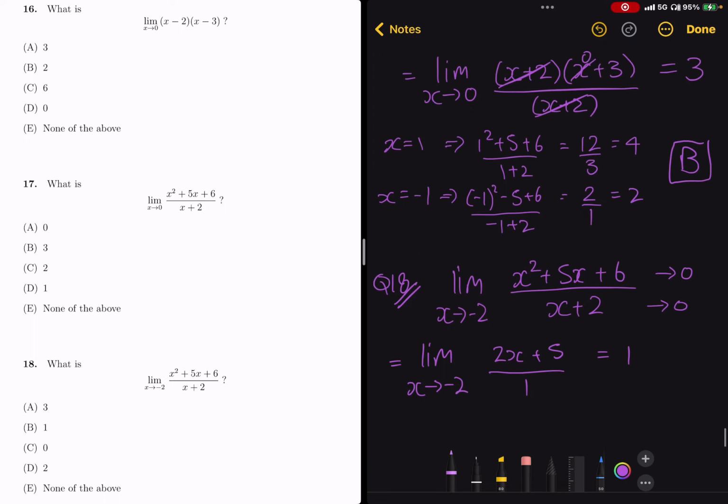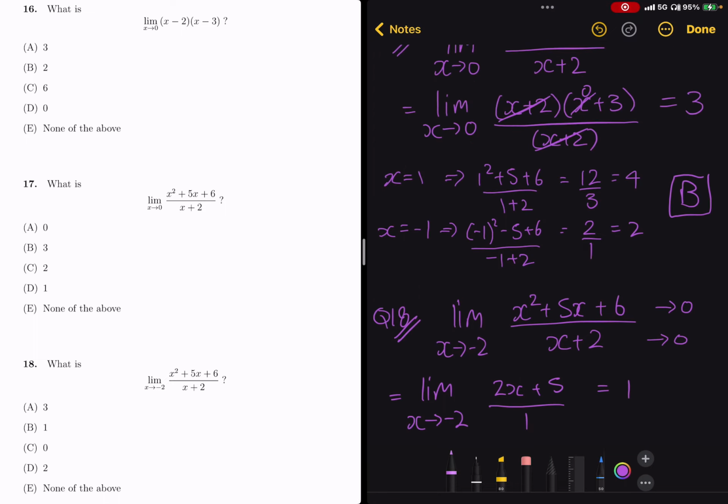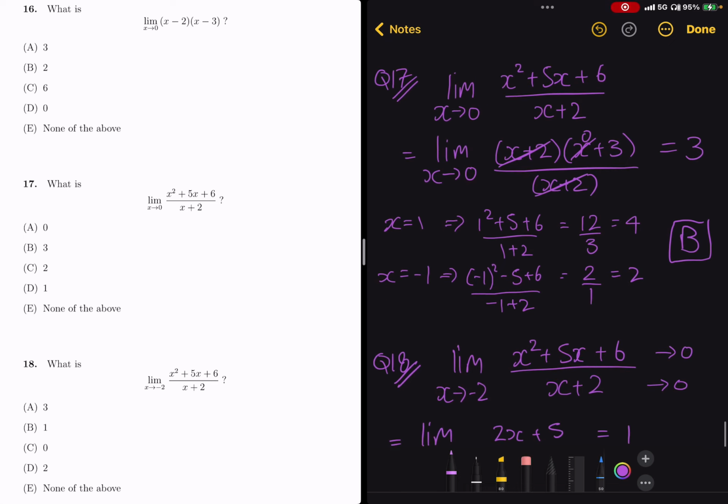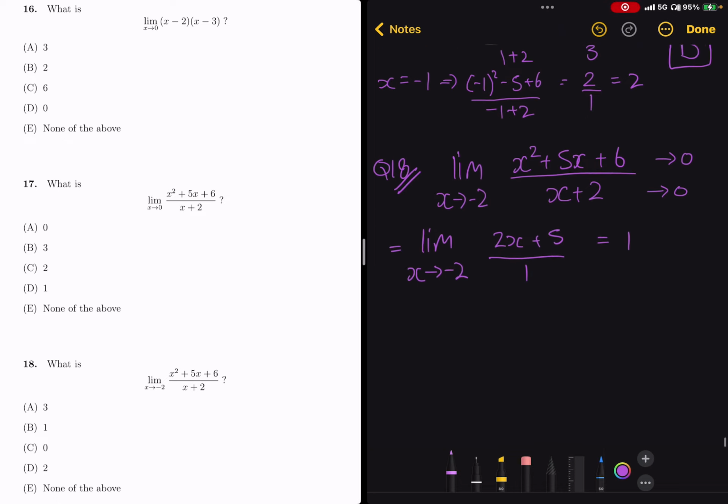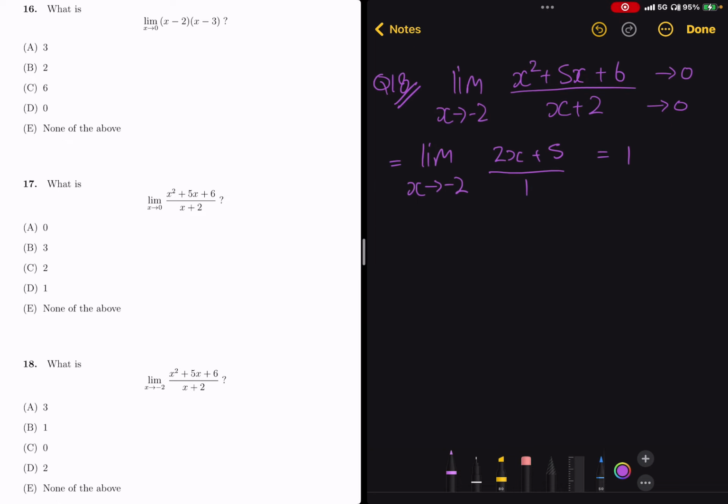And if you notice from the previous question, where we factorized, we cancelled an x + 2 and we were left with an x + 3 up the top. If we let x equal minus 2 in x + 3, we would also get 1. Right? So the method from above would work here as well. But because of the particular form of this equation, it was very sensible for us to use L'Hopital's rule, and consequently, the answer must be